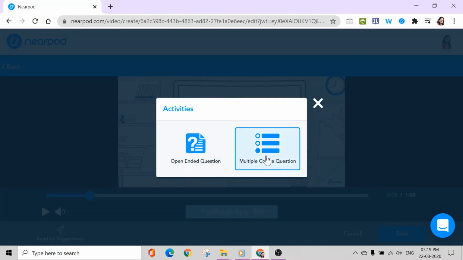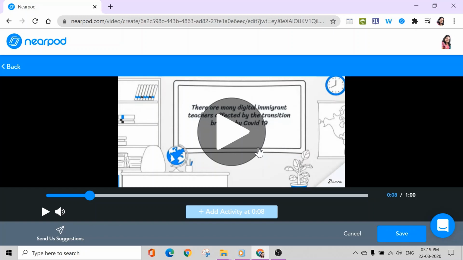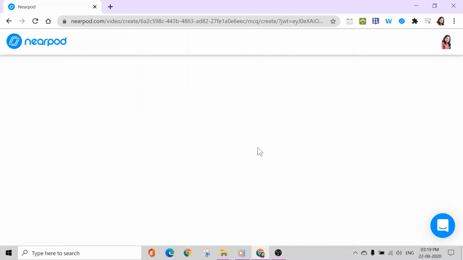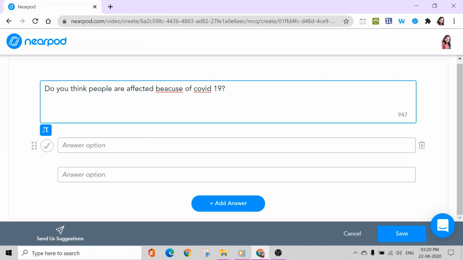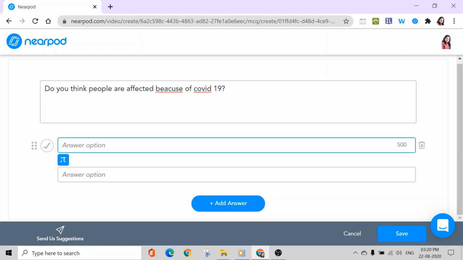So I have 2 options to add here. I can either add a multiple choice question or an open-ended question. I'll give them a multiple choice question. So when I pick that option, this is the page I get where I can enter the question. I'll add options like